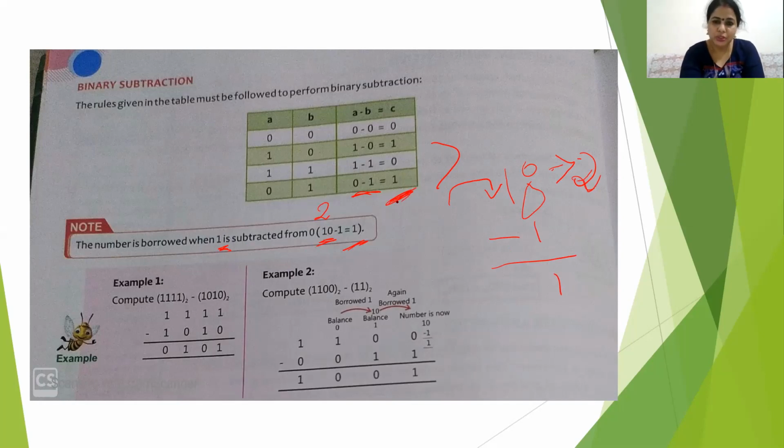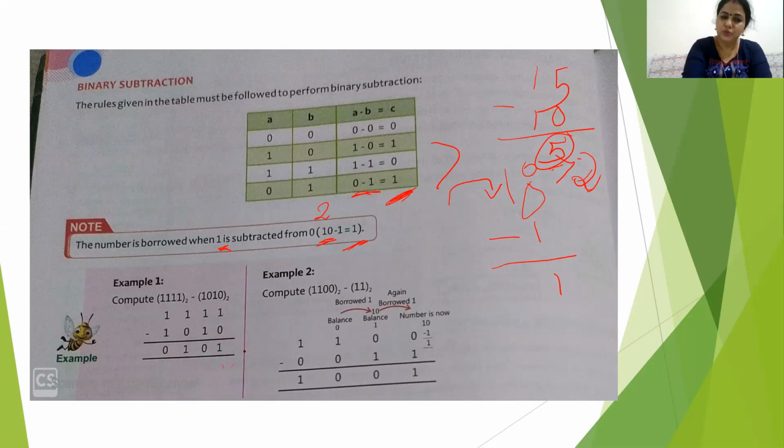Now the first example, you just see here, it is simple and you can understand it. Okay, now look here, that will be a simple subtraction. But before that, just like in addition, I told you to find the decimal equivalent numbers, subtract them, get the result, and tally it with the result of the binary subtraction. Now 1111 is nothing but the binary equivalent of 15. 1010 is nothing but 10. When I do 15 minus 10, the result will be 5. So this result should be 5.